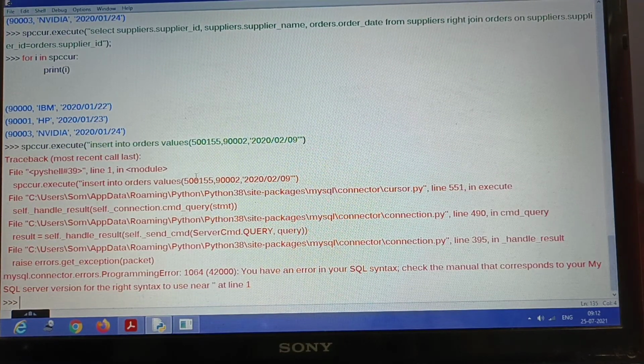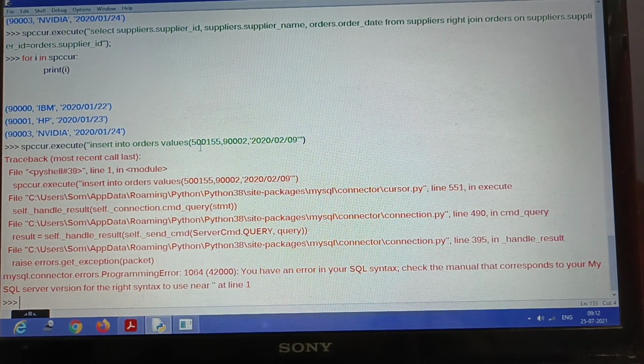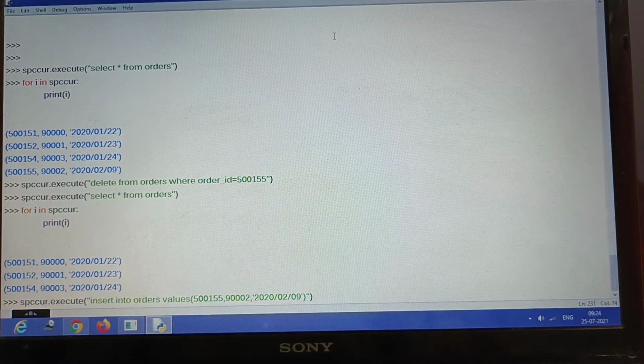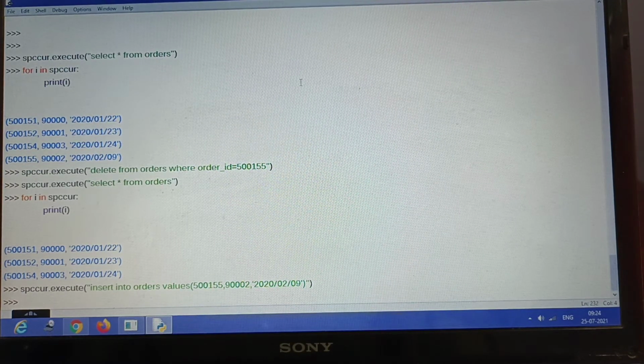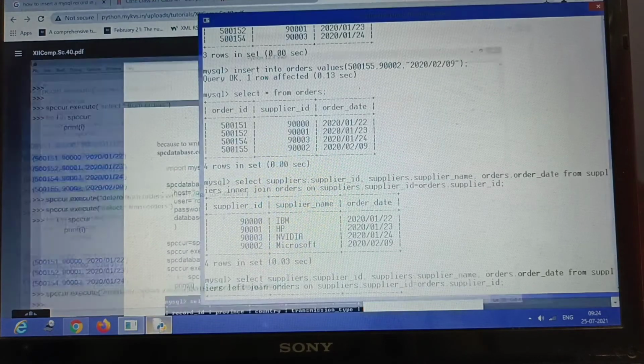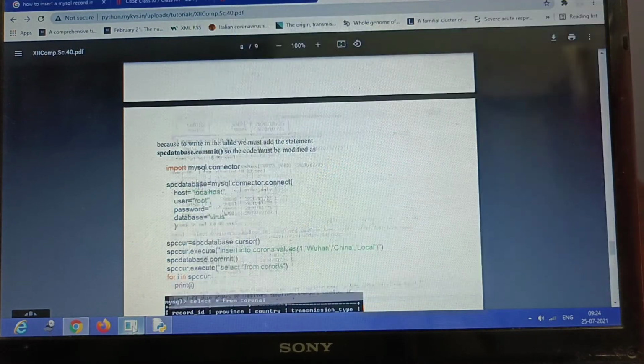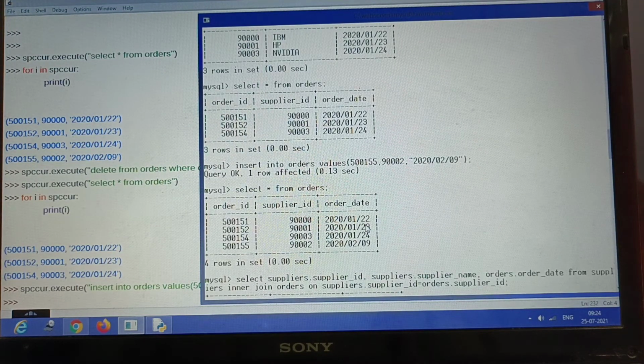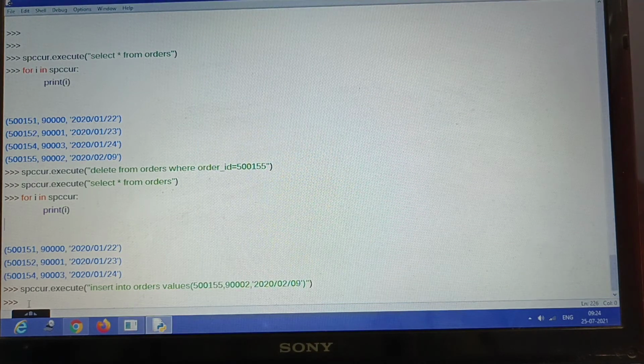Okay, you can see that it is not working. So why it is not working, we have to check. We need to add one record in the orders table, and we have to give the bracket, otherwise there will be an error. So you can see that the bracket has to be closed here, and once I write the command insert into orders values, the same command that we have given in MySQL, in this particular table, in MySQL also we have given the same insert into orders values command. So the same way we have to write the command here in Python, and then we can check here.